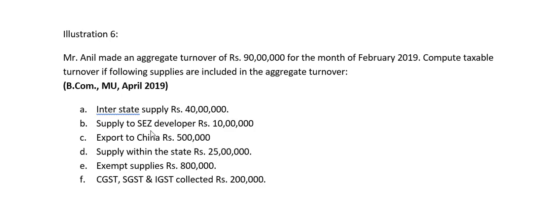Okay. Supply to SEZ developer, rupees 10 lakh. Now this is interesting. Whenever we send goods to an SEZ unit, what do we consider that as? It is considered to be a deemed export, and whenever a transaction is considered a deemed export, it will be zero rated. Zero rated means there is no tax, isn't it? Because there is no tax, we will not take this amount. This should not be there in that 90 lakh. So this 10 lakh we have to deduct from 90 lakh.